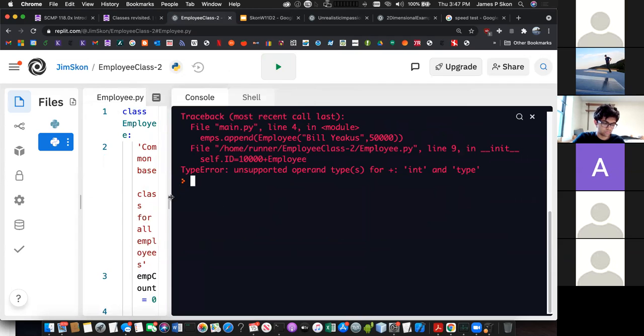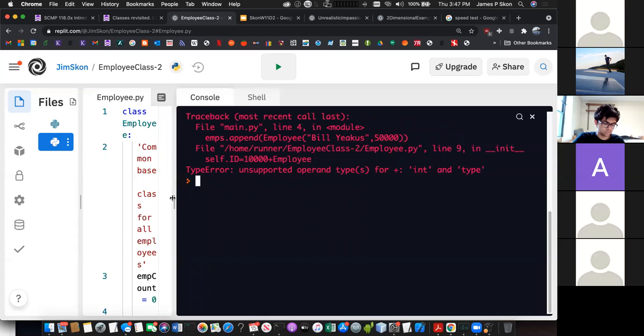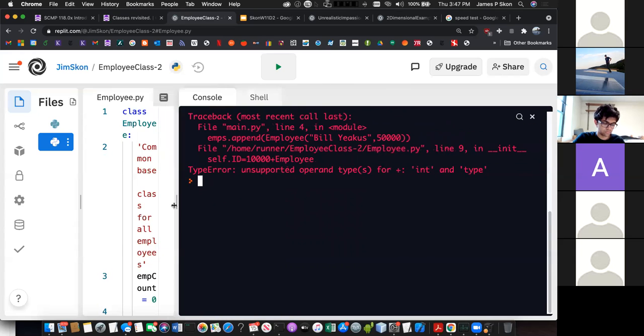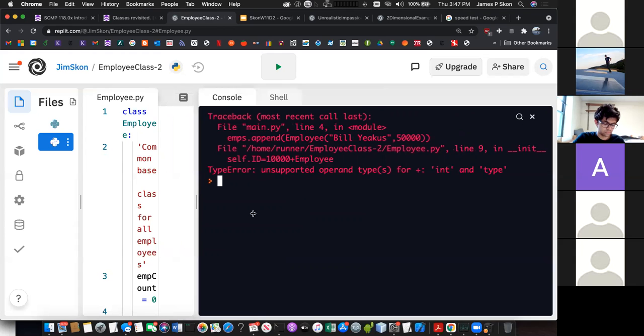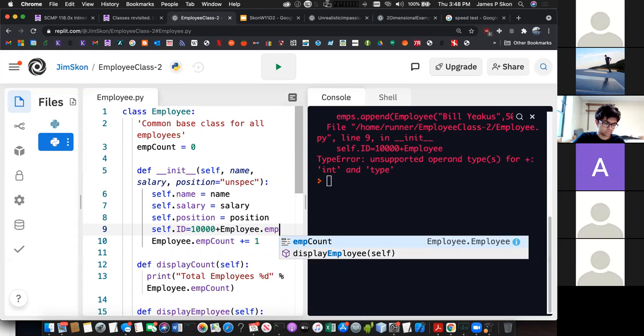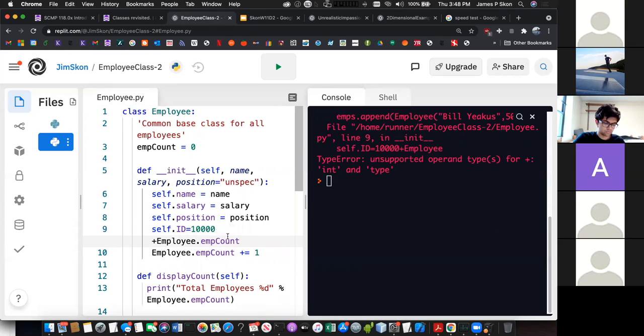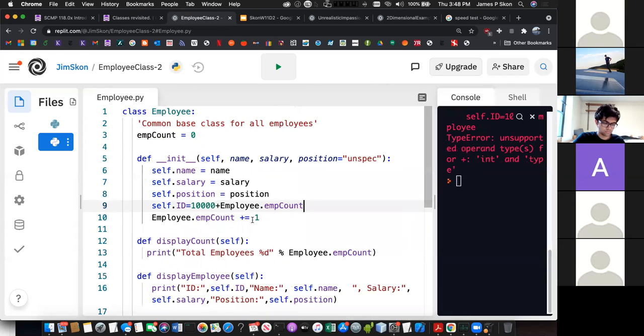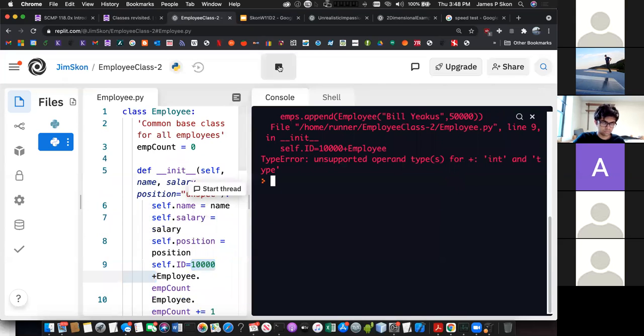Well, it crashes. So on line 9, it says, what did I do? Plus employee count. Oh, I didn't say employee count. Somebody should have warned me, right? So what I want to do is add the employee count to 10,000 to give them an ID. So now we come over here and run this,